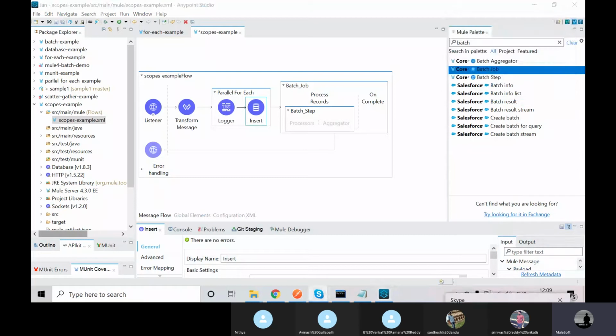So this is the very important kinds. As of now we have discussed the for each and parallel for each. You understood, right? What is the advantage of the for each? What is the advantage of parallel for each? And now we are going to discuss batch processing. What is the disadvantage of the parallel for each? It is creating multiple threads, right? So that's why we are going with the batch. In the batch we are going to process all records batch-wise. How can we process batch-wise?